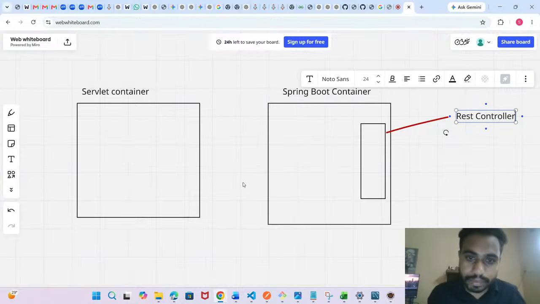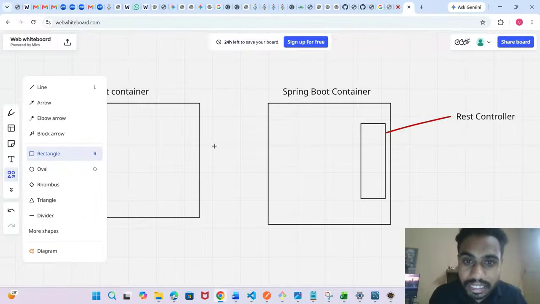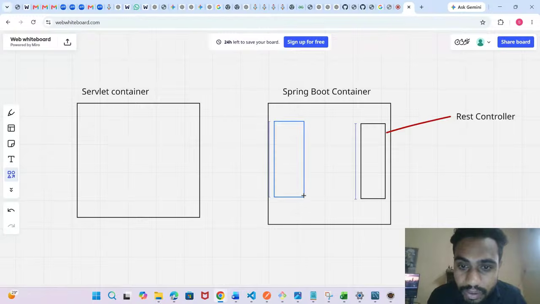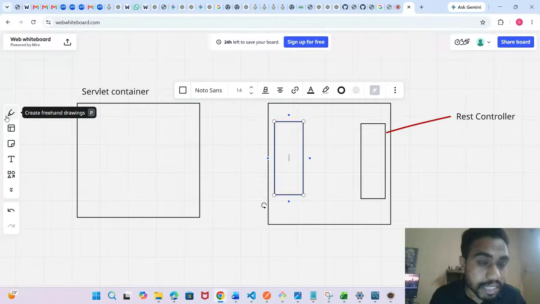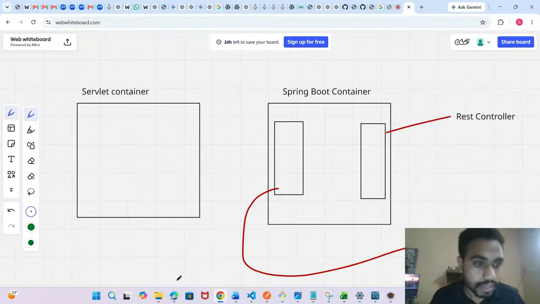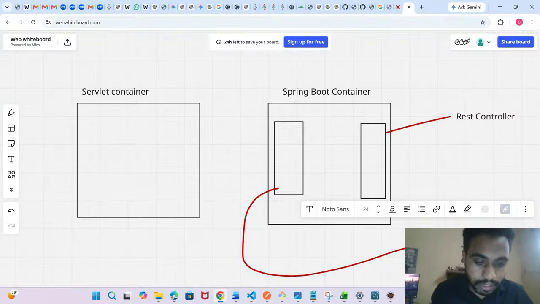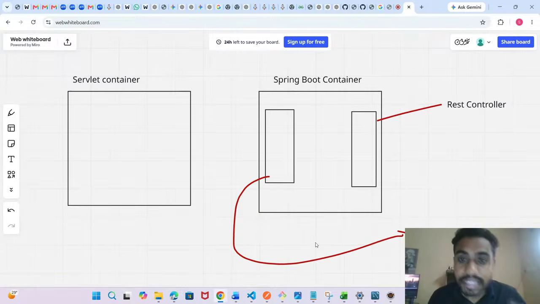And this is the dispatcher servlet, guys. Okay, understand?